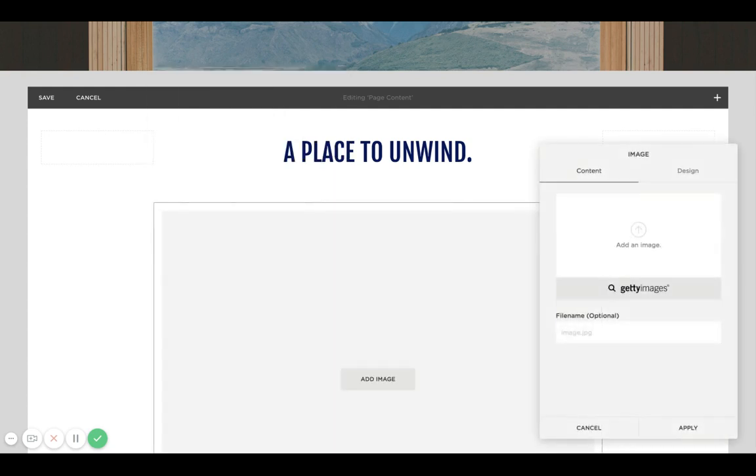So when we upload an image, we're in the content tab right here, we can either drag and drop an image right here, or we can click and go find the image that we want to add on our computer. And I'm just gonna drag and drop an image right here,